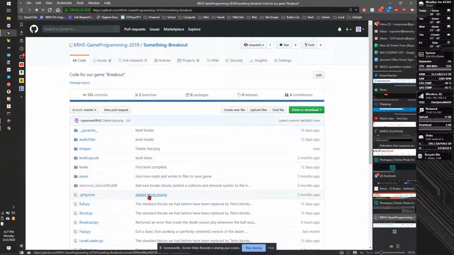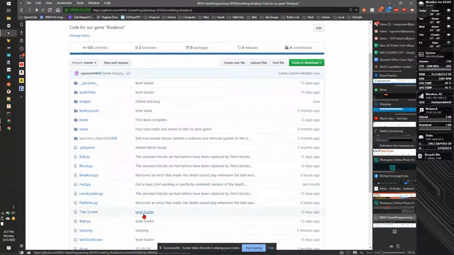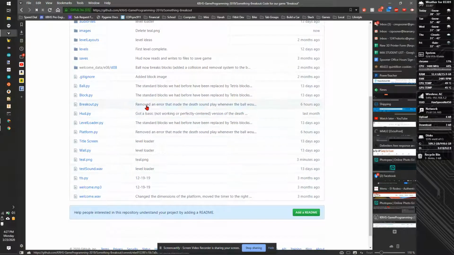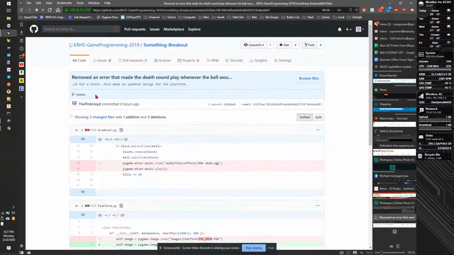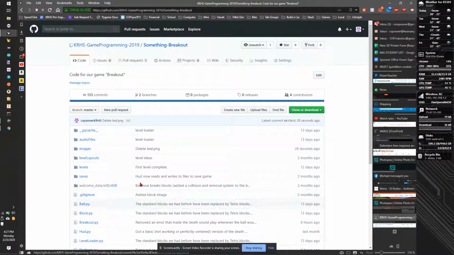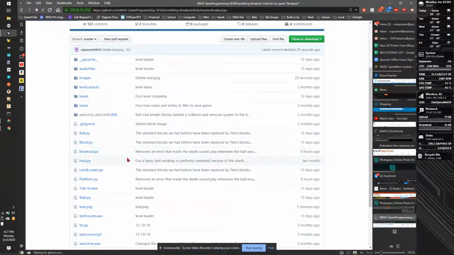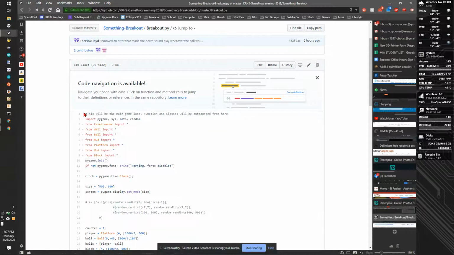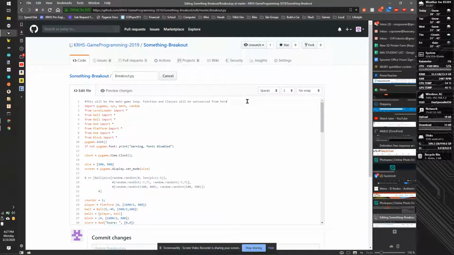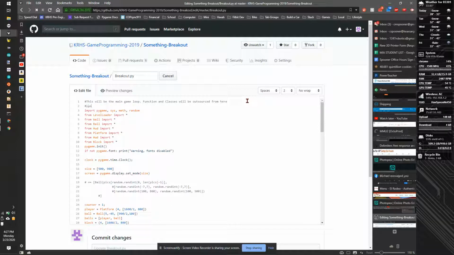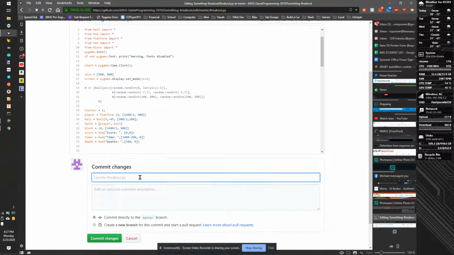I can also directly edit files. So if I want to go to breakout.py, I could click on something breakout directly and go to breakout.py, click on the link. I could hit the edit button, and I could add a comment, Spooner demo. And I can say update, added comment,